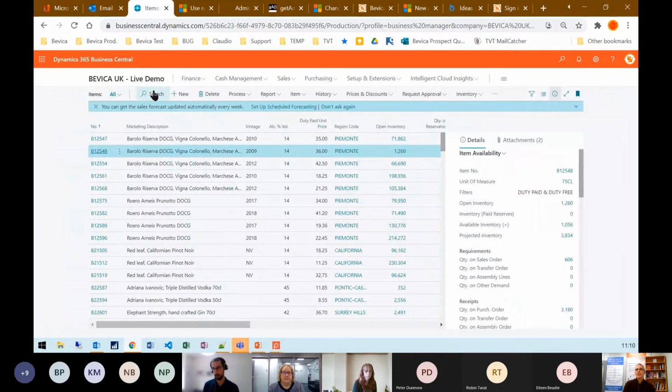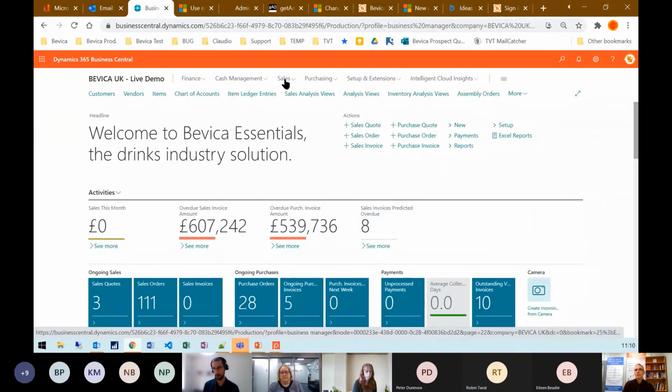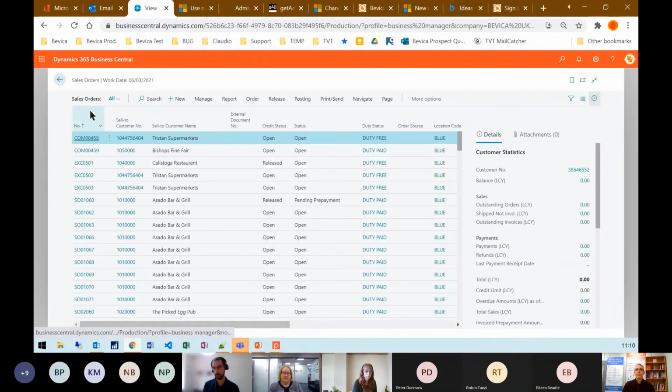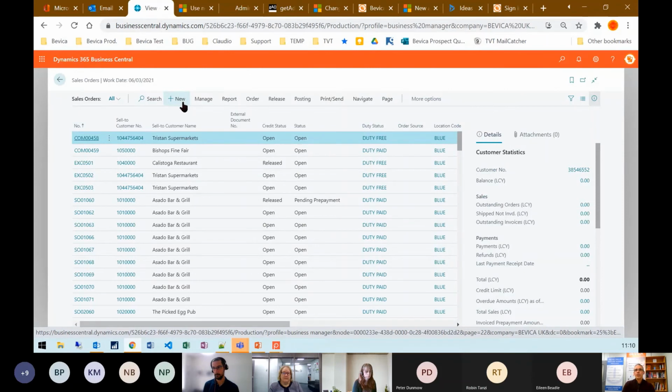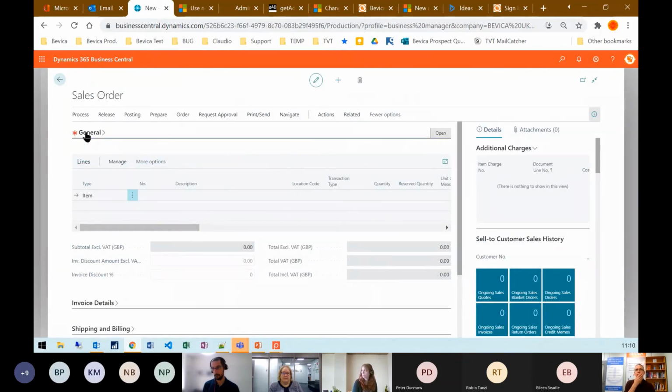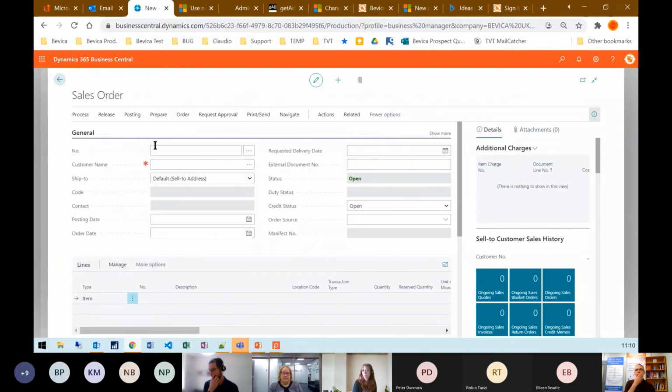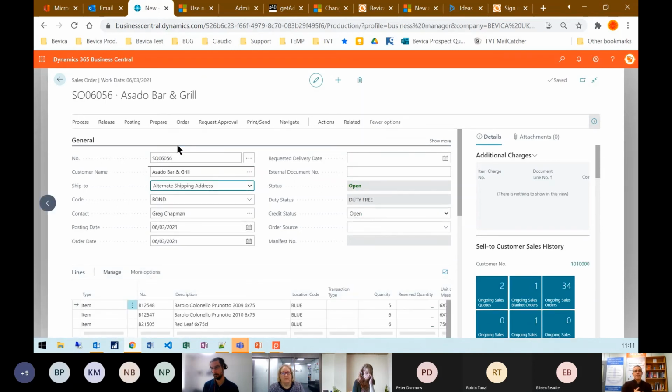So probably the easiest way of showing you that is on a sales order itself. So let me go into sales orders. So new sales order. Bar and grill. So if I just tab off, what it'll do now is it's gone to find the default